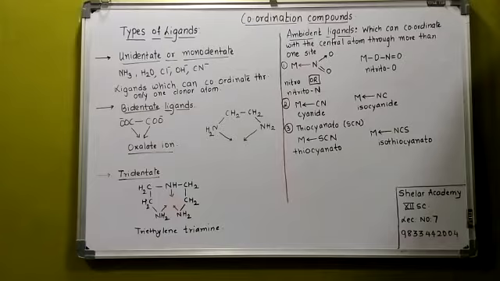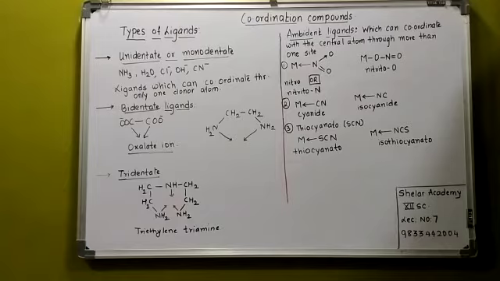See, a ligand is a Lewis base. When I say Lewis base, it will donate the electron pair. To whom will it donate? It will donate to the central metal atom, forming a coordinate covalent bond. So I can define a ligand as an atom, a molecule, or an ion which is capable of donating a pair of electrons to the central metal or ion and forms a coordinate bond. That is called a ligand. Now, in this lecture, we will see the different types of ligands.